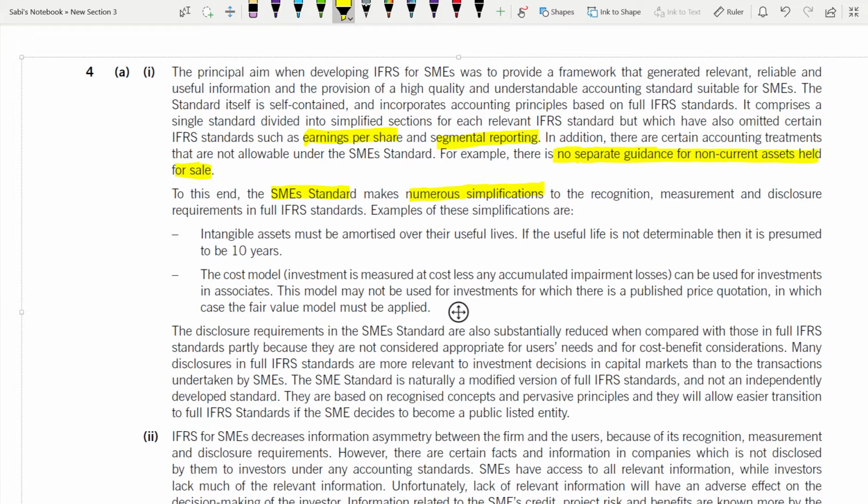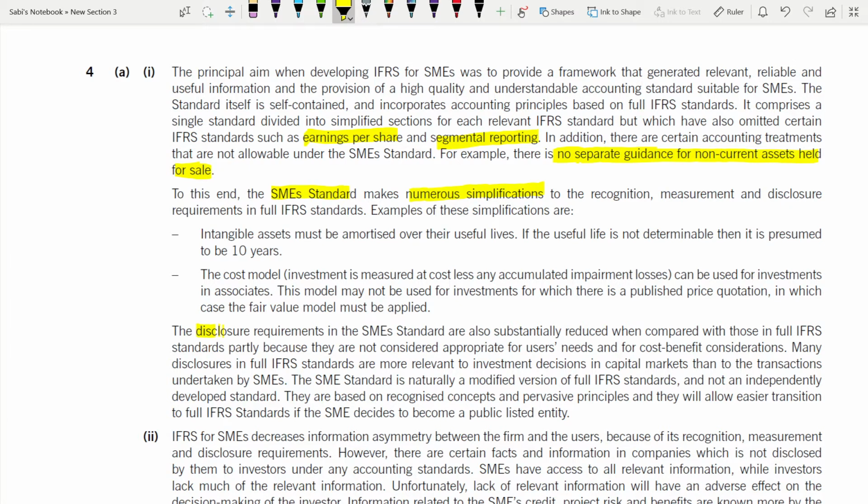May be used for investment in associate. This model may not be used for investment for which there is a published price quotation, in which case the fair value model must be applied. Now the disclosure requirement. So this is all your recognition and measurement. Now comes your disclosure. Disclosure requirements in SME standards are also substantially reduced,